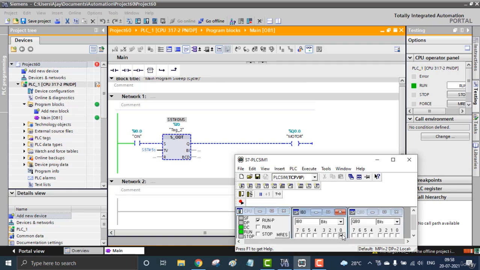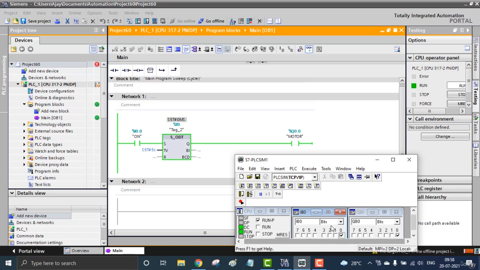When I0.0 is on, you can see the time is running: 3 seconds, 2 seconds, 1 second. After 5 seconds, we will be getting the output. When I turn it off, you can see there is no output. When I turn it on, after 5 seconds we will be getting the Q0. So that means the output has been delayed by 5 seconds. That is the on delay timer.